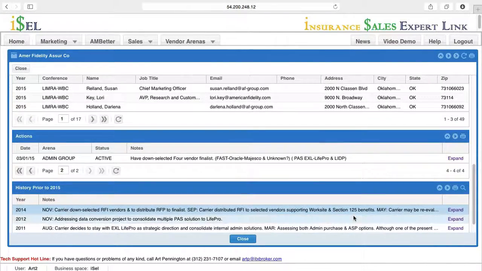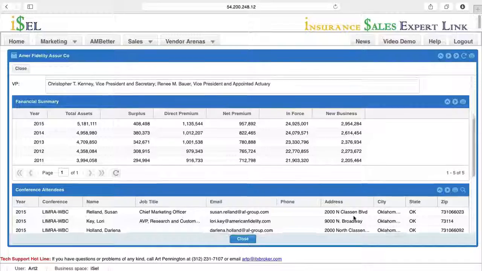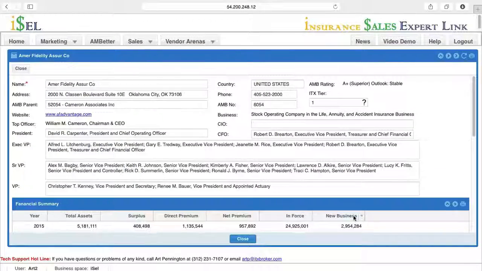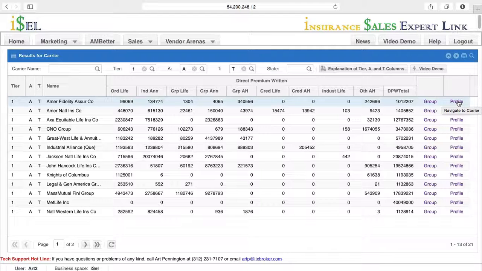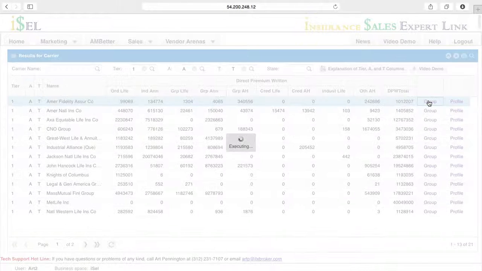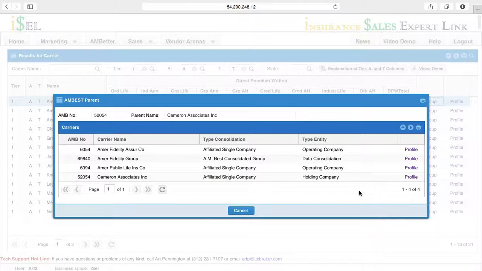Okay, so that is the profile. It's basically all of the information that ITX has in its database for this particular carrier. Now, if we go back and recall, there's also another button called Group. If you locate a carrier that you're interested in knowing more about, in addition to what's displayed in the profile, you can click on Group button, and it'll display all of the carriers that are within